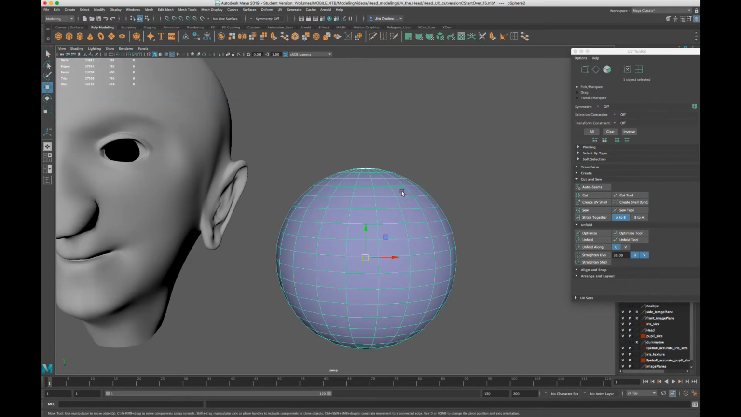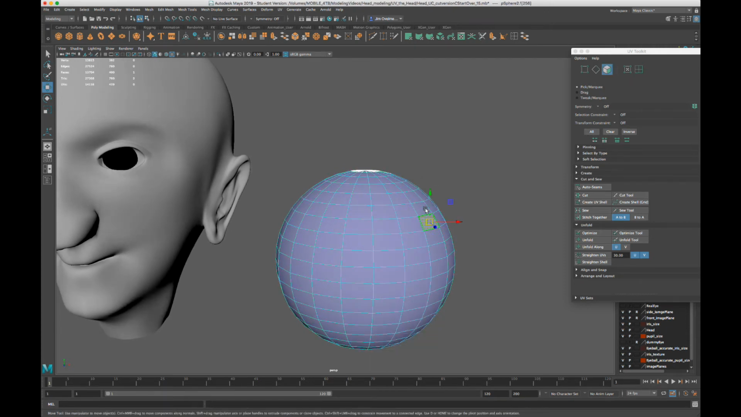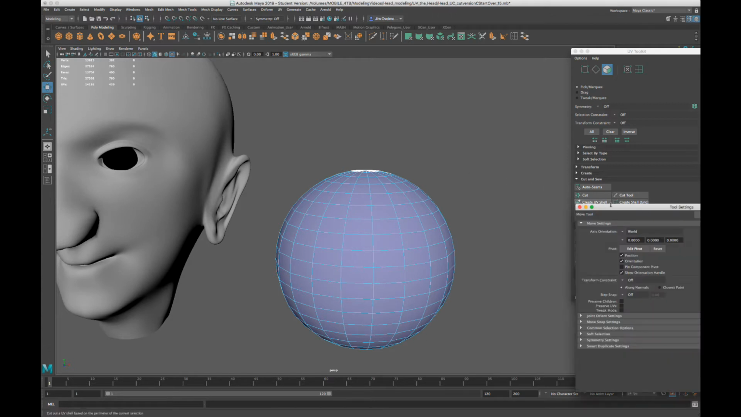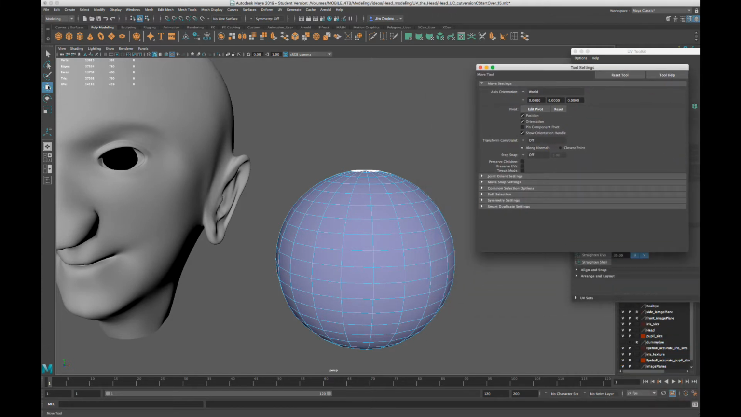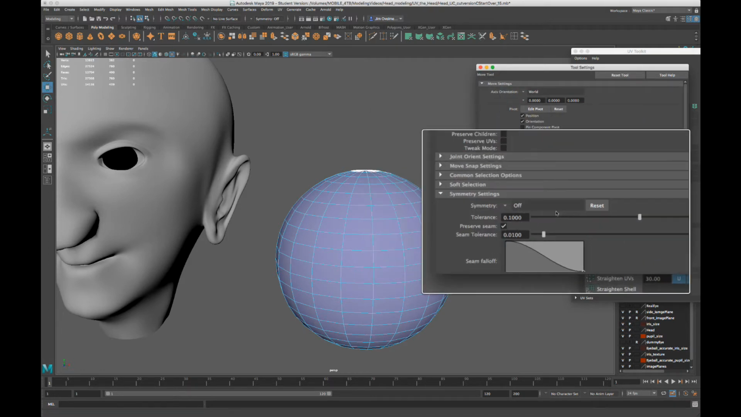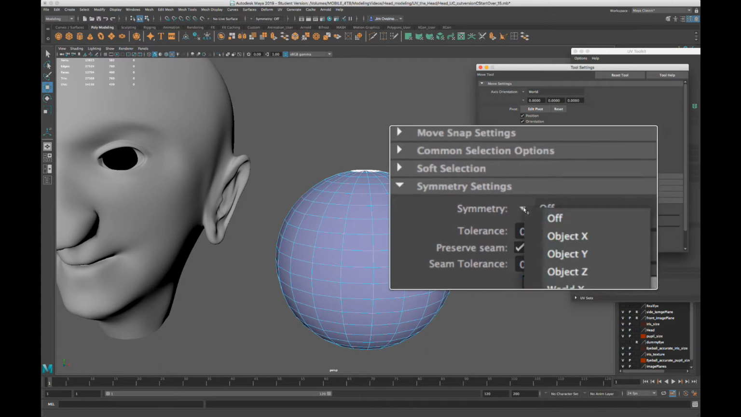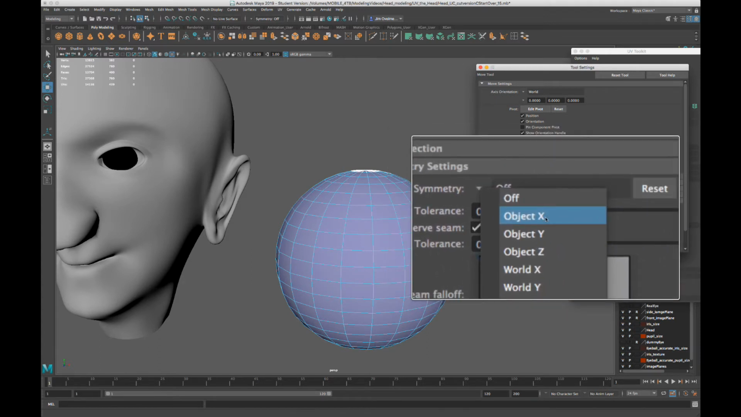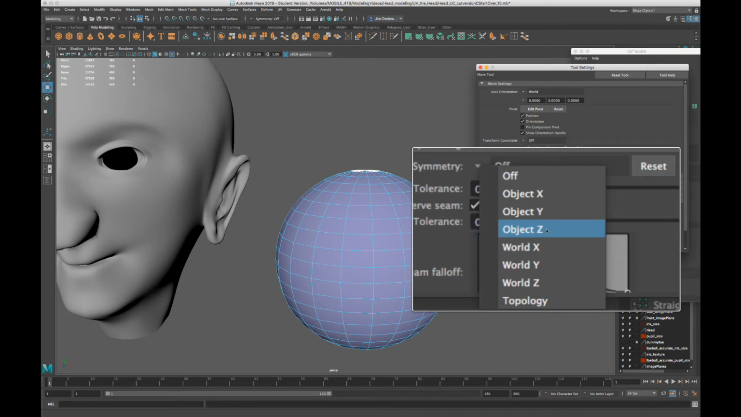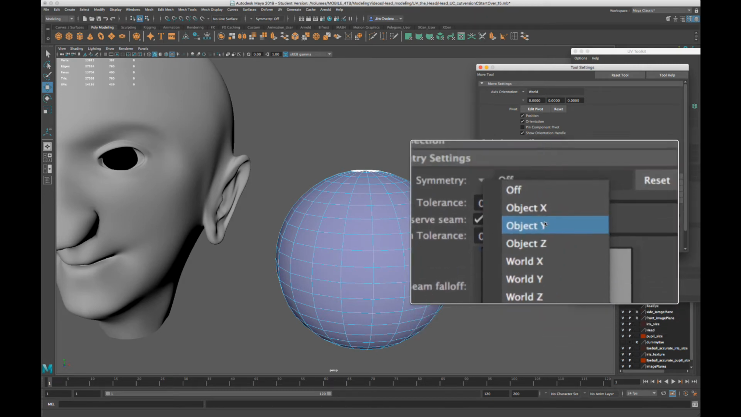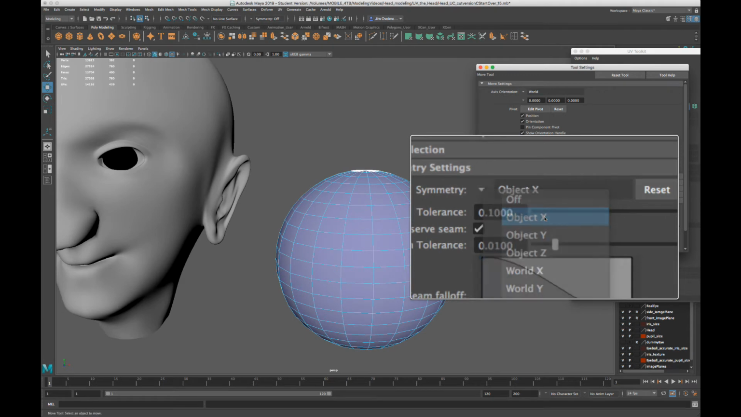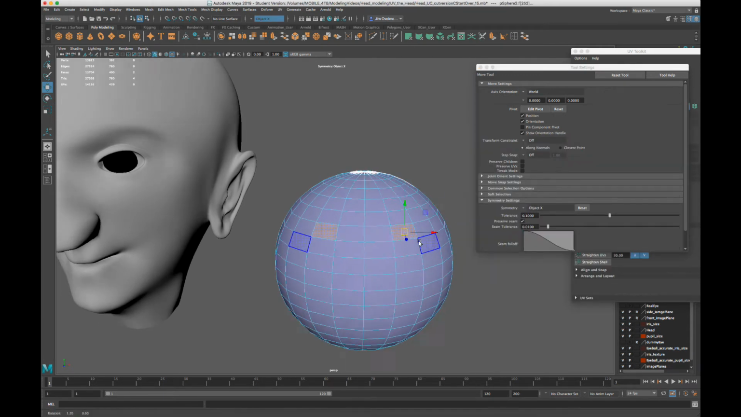If I have just a polygon sphere here and I select maybe one face on one side, it's not, of course, selecting a reflection of the other side unless I turn on symmetry. There's different ways to do that, once through the marking menus, but also simply through this tool right here in the tool settings. I double click the move tool. Then I have symmetry settings right here. Currently by default set for off. I can set that for the object's X, Y, and Z, plane of reflection, or the world X, Y, and Z, topology too. So if I set it for X, you can see when I select one face, the symmetry